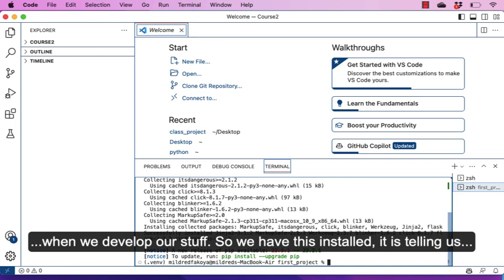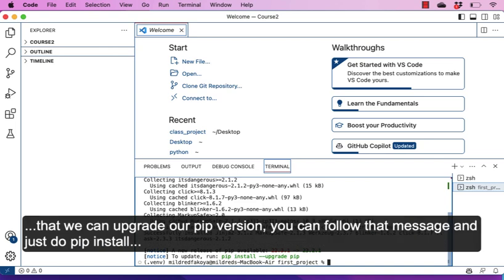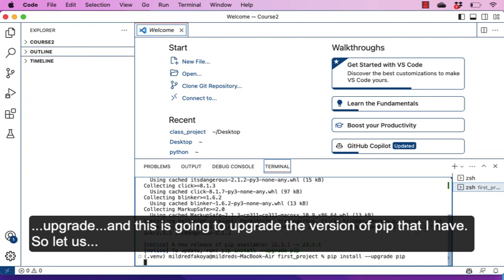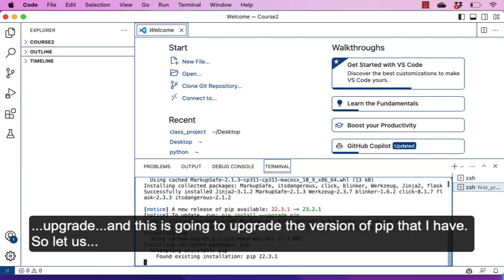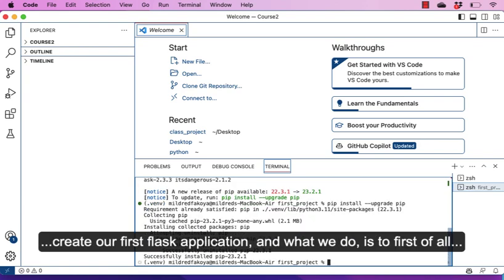So we have this installed. It's telling us that we can upgrade our pip version. I can follow that message and just do pip install upgrade, and this is going to upgrade the version of pip that I have. So let us create our first Flask application, and what we do is to first of all